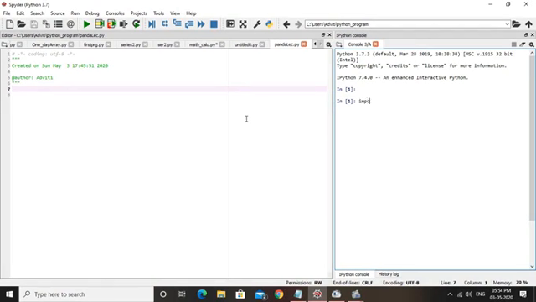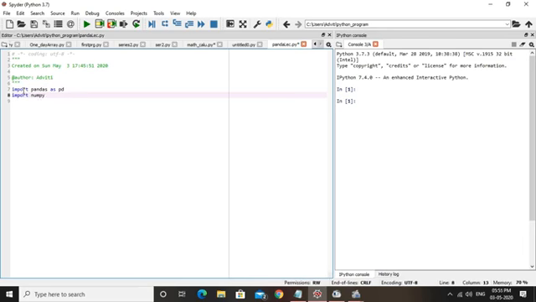So start writing a program by importing libraries. Import pandas as pd, and we can import one more library, import numpy as np.